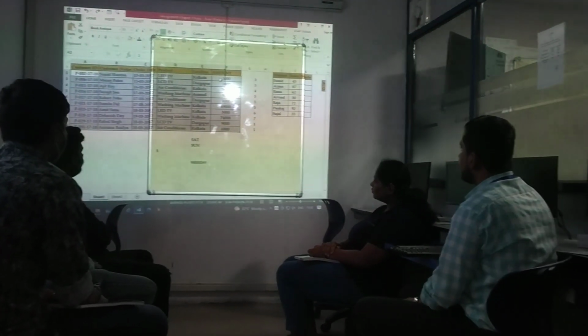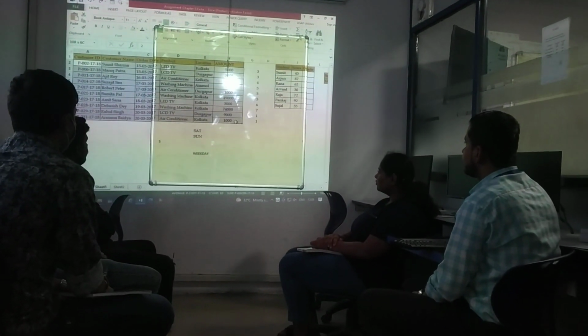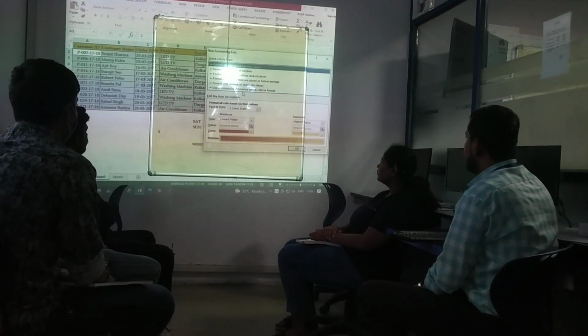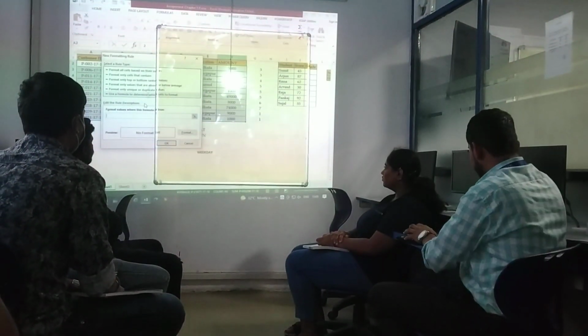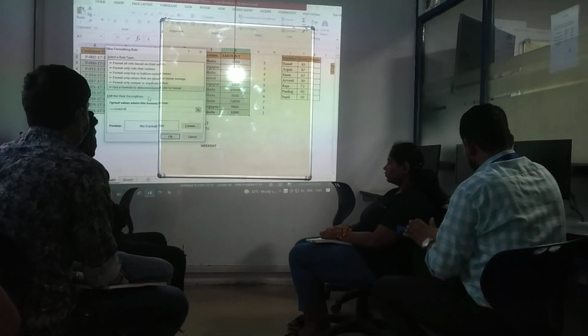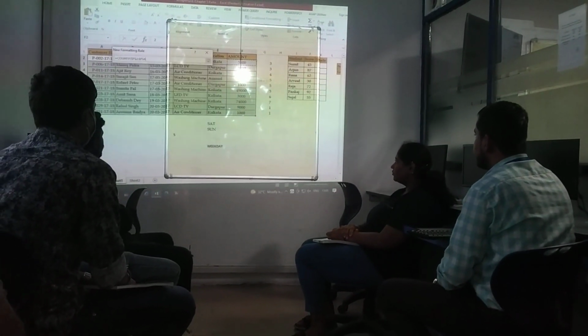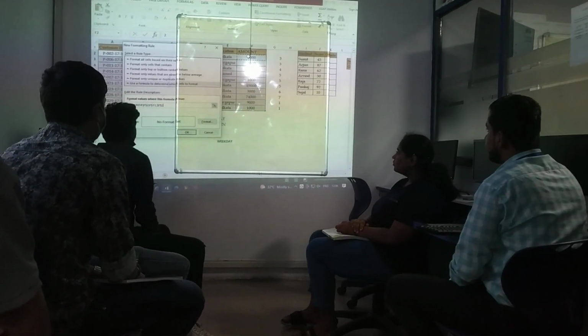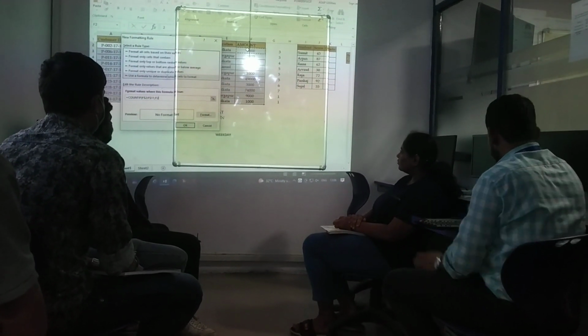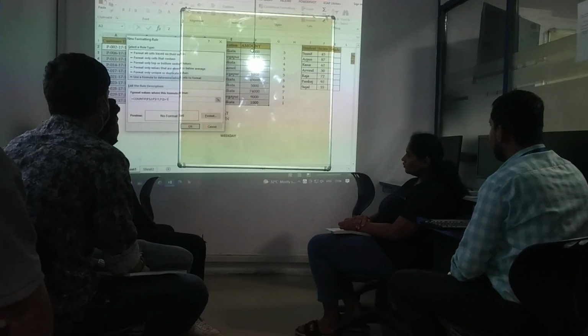We can write conditional formatting, new rule, is equal to COUNTIF, bracket open, select the range, fix, comma, first cell is equal to 1 time.